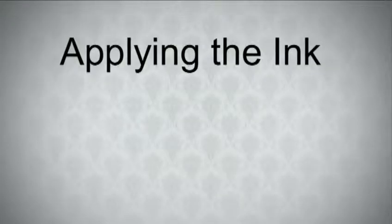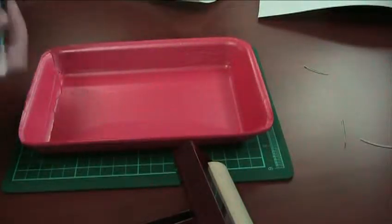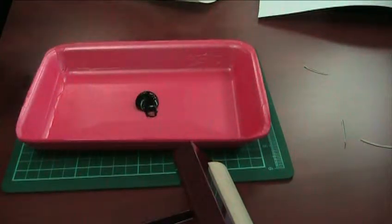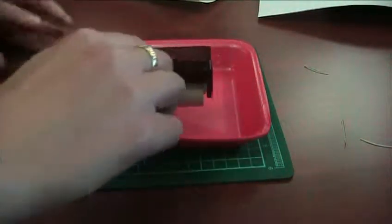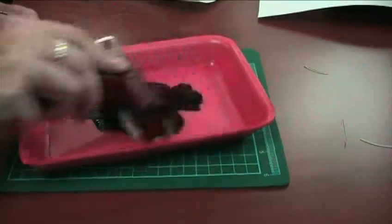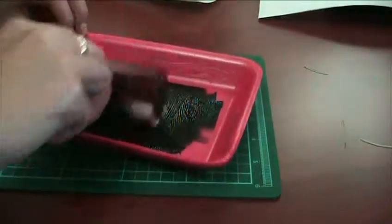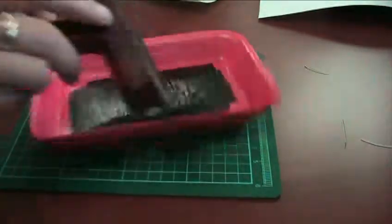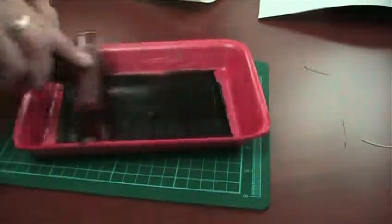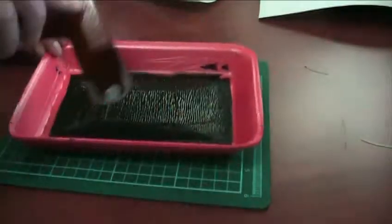We're going to apply the ink, and you don't need a lot of ink. You're taking your tray, your plate. Your plate might look slightly different than this, and you're putting a teaspoon size, which would be a lot of ink, onto your tray. Then you're taking your Speedball roller and making sure that the ink is distributed evenly over the roller from start to finish. You'll go back and forth both different ways until your entire roller is covered evenly with that black ink. Once it's completely covered, then you can roll it over